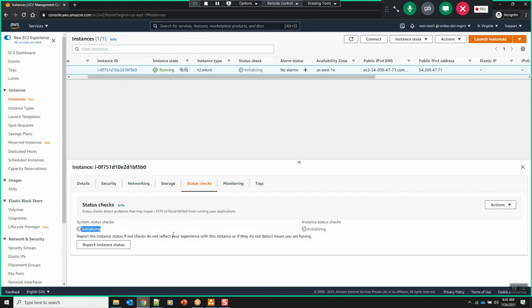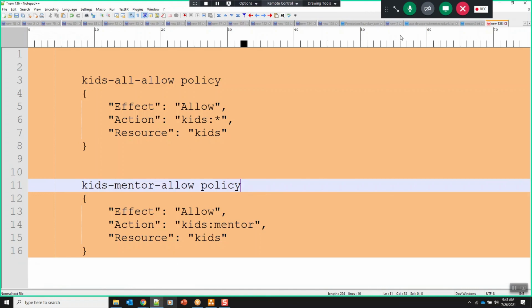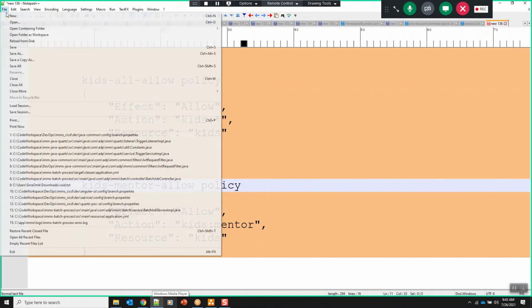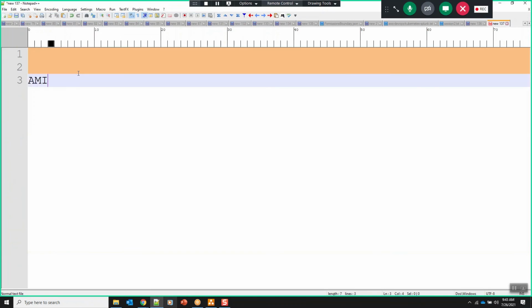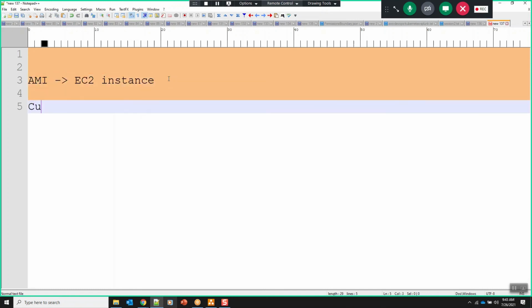Yeah. Let me quickly move to the screen. So we will have an AMI. From the AMI, what will we create? We will create an EC2 instance. So the AMI is directly or indirectly responsible for launching this EC2 instance, right? Sometimes we could create our custom AMI and create our EC2 instance from it. While creating the EC2 instance, we give various configuration.